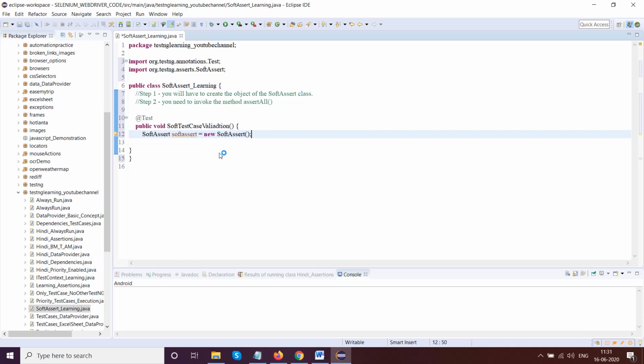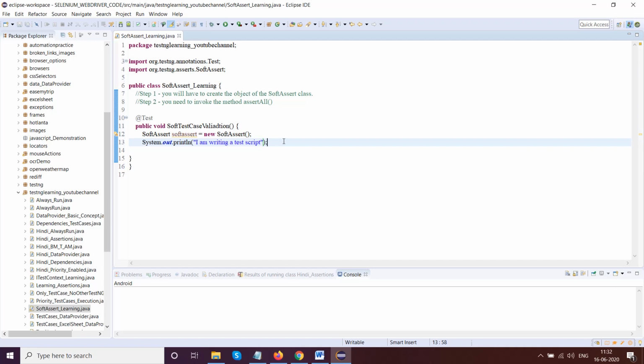Now using this soft assert object reference, you can do any sort of validations which you want to do. As simple as that. Let's say for example you mention System.out.println, I am writing a test script.